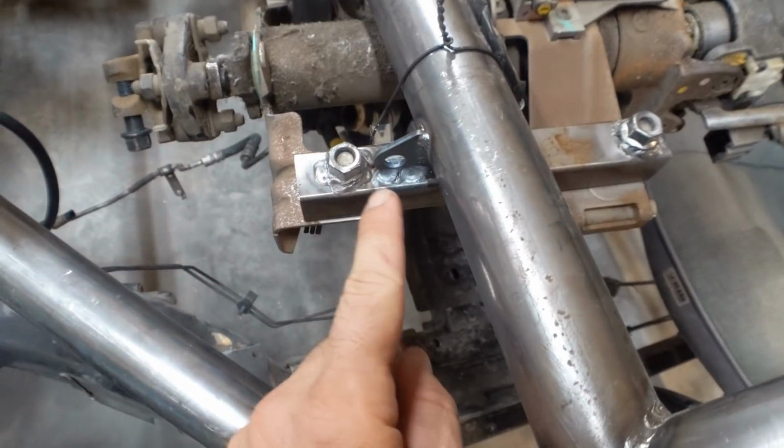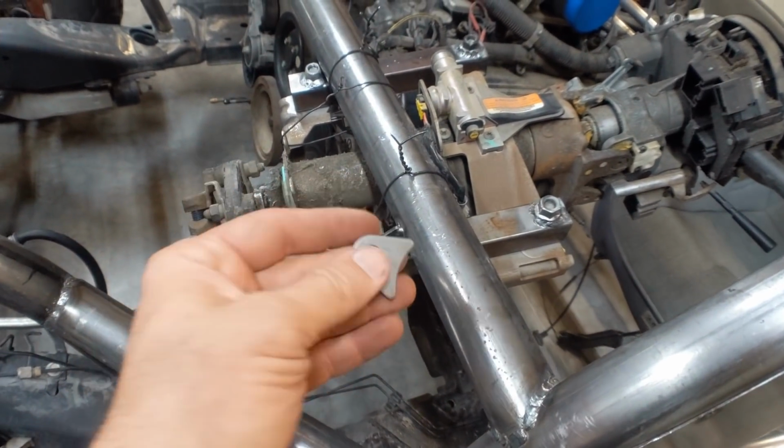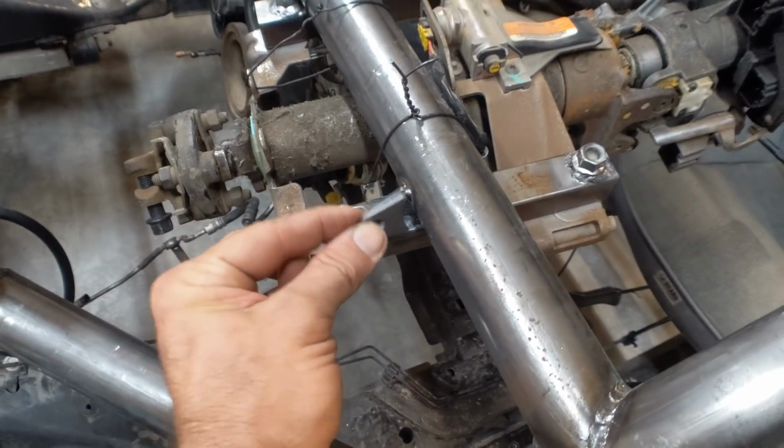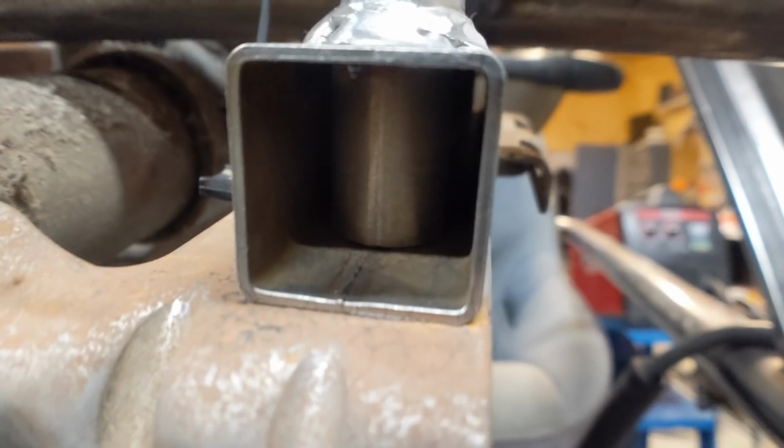Alright, let me catch you up to speed on the steering column. I've got it mounted up. Right now it's only being held in by this one support, and this is what the support looks like. It's just a welding tab for it, and so I just needed to get a little support on there. I do have all the nuts welded on, and then I've got the spacers in there because it's thin wall